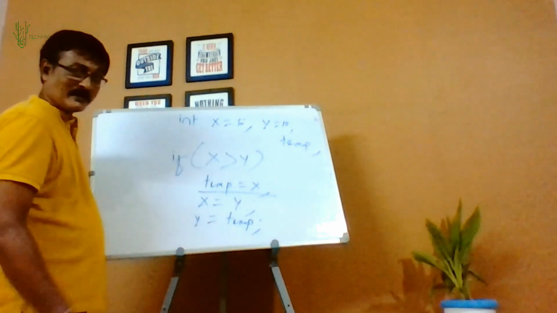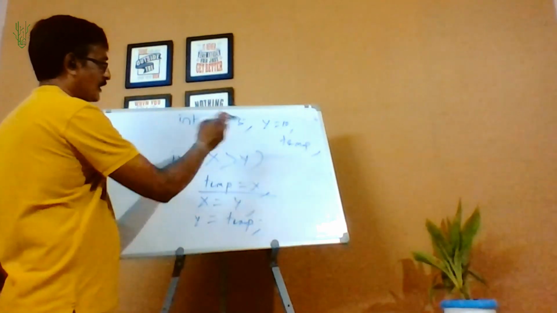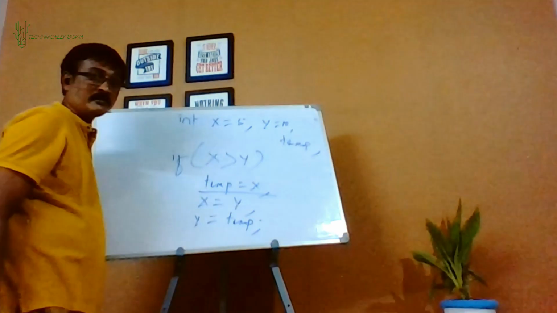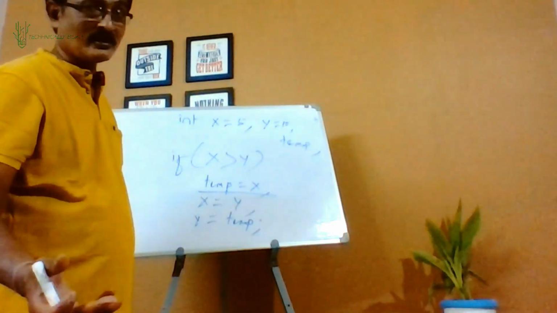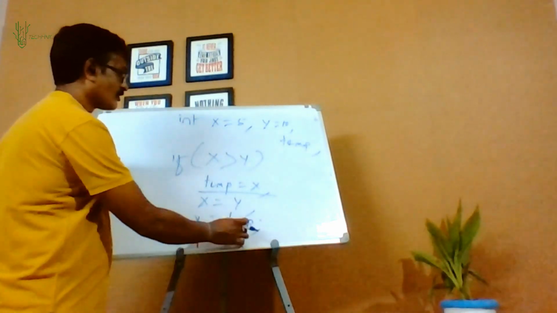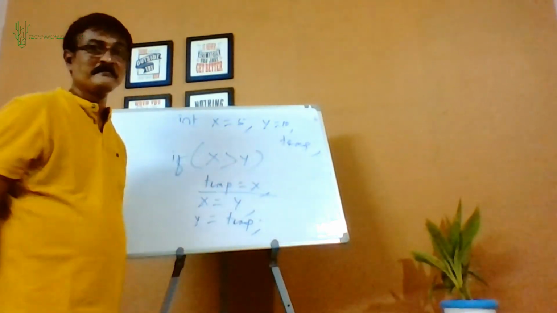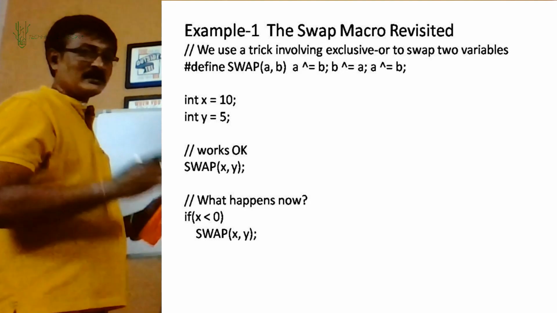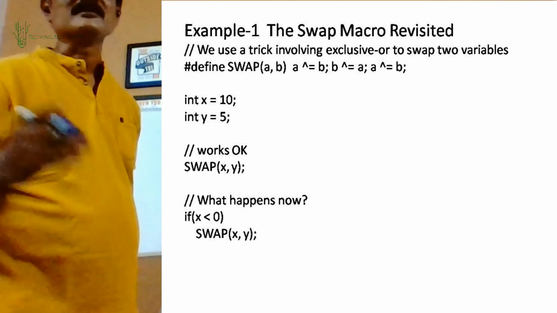So tell me what will happen. x equal to y, so x gets the value of y, that is 10. y equal to temp, and temp doesn't have a value; it's a local variable. So what value does it contain? It's the garbage value. It is not automatically initialized to anything, isn't it? So y will obviously have the garbage value. Got this? Okay, now let's look at 2 or 3 examples of these macros before I finish up.